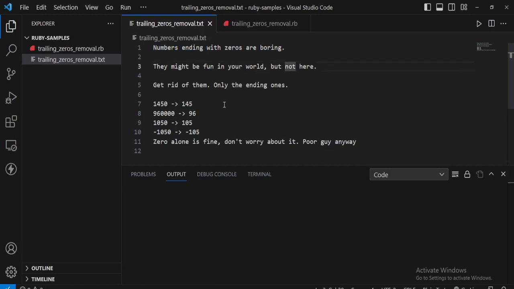They might be fun in your world but not here. So the problem is get rid of them, only the ending ones. We only need to get rid of the last zeros from the number. If we remove one zero from a number and the new number also has its last digit as 0, we need to remove it as well. So for example,